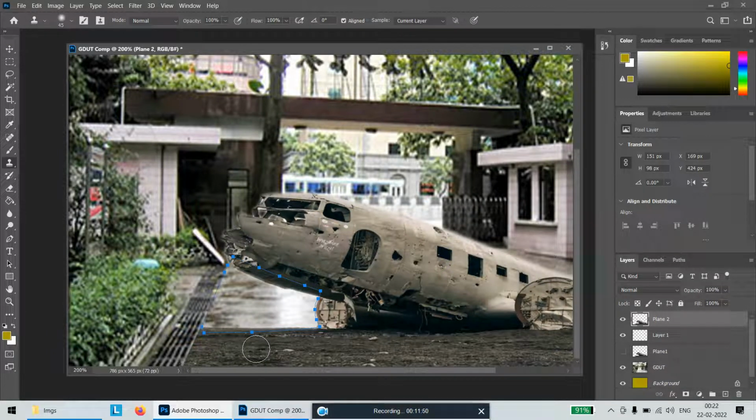You can reduce the size by pressing the brackets that are next to alphabet P, open bracket and close bracket. Okay, click this, press Alt, click here, then come to this source, and you see you can just paint like